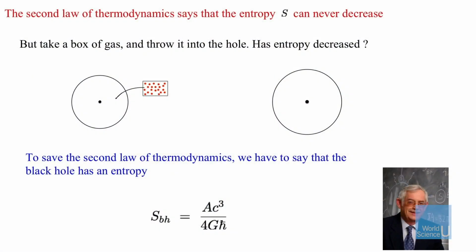But here's a funny thing you can do. Take a box containing some gas, and that has some entropy. And you take that box of gas and you throw it into the black hole. It will go inside. It will disappear into singularity. And there's the black hole. It's gone. So well, now you can't see the gas. So have you decreased the entropy of the universe? Have you violated the second law of thermodynamics? Now, nobody wants to violate the second law of thermodynamics. They love that law. Okay? So what has gone wrong?